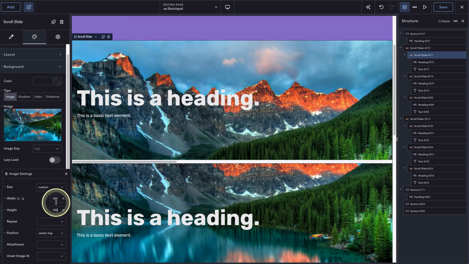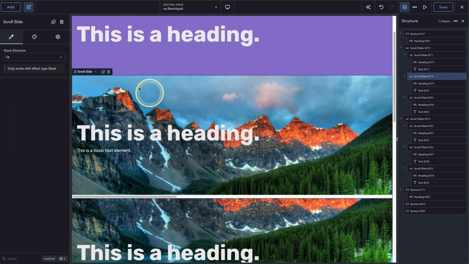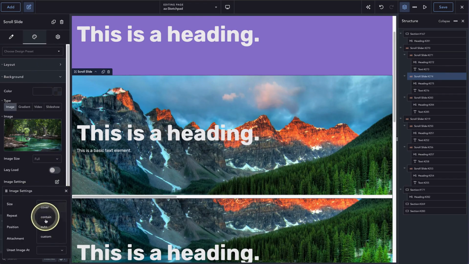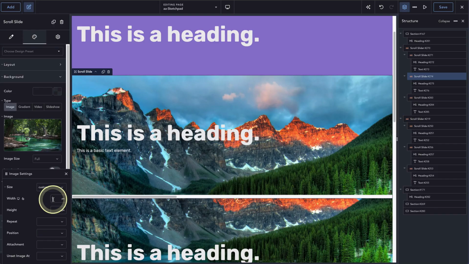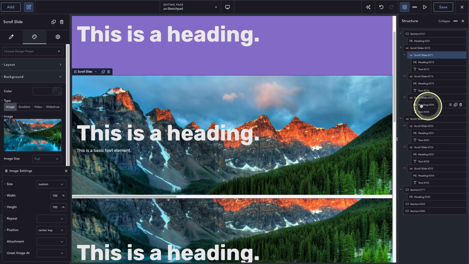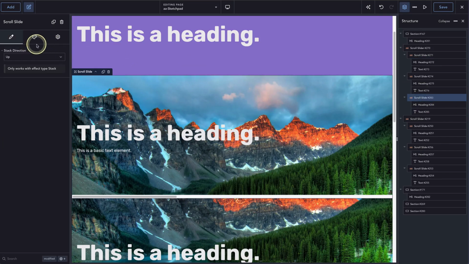So just bear with me while I do that with all the others. So here we're going to take our background image, we're going to make it custom size, 100% wide, and 100 viewport height. Did I do viewport height? I'm making myself go mad here now. Did I put viewport? I did. There. And last, this one,